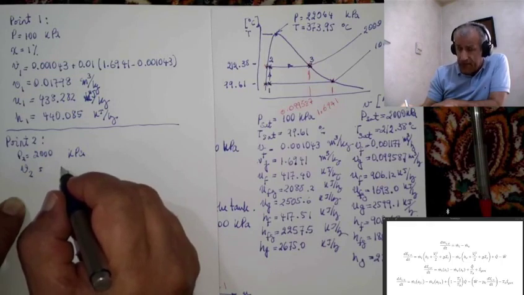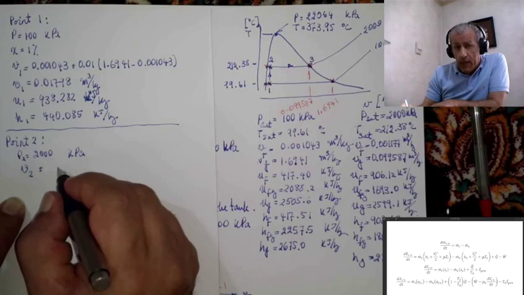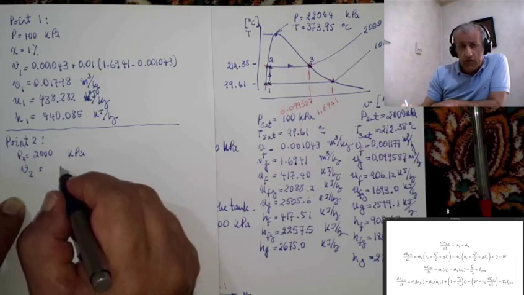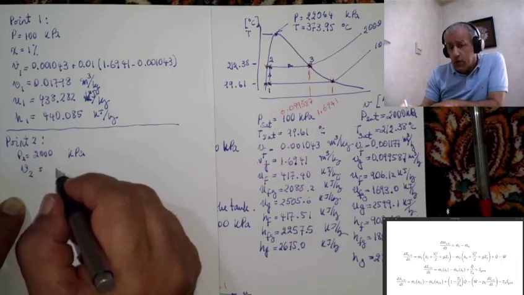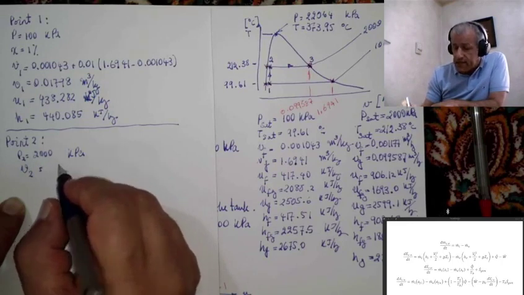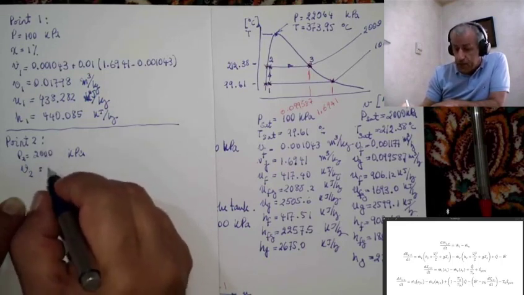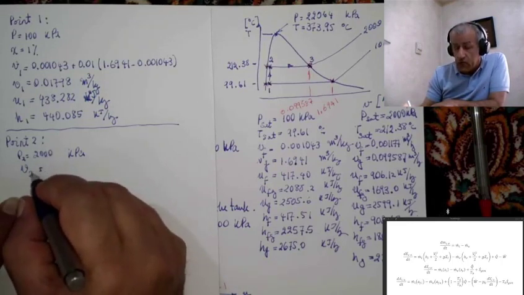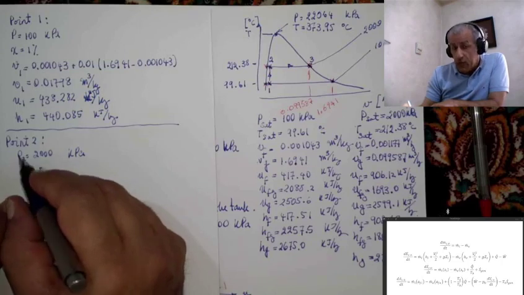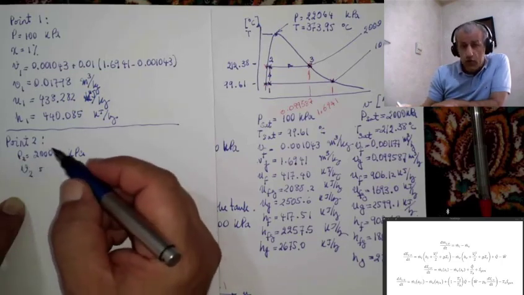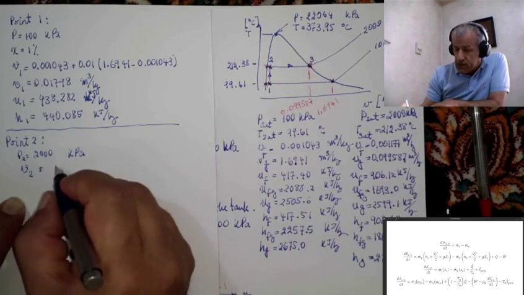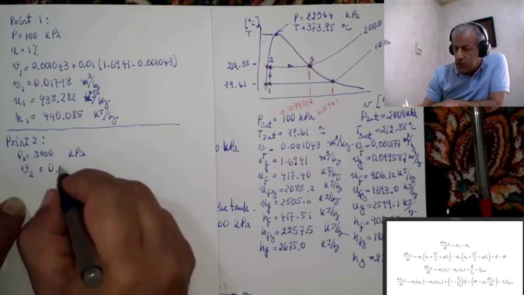I would have a comment on this later on when we write down the mass conservation equation for process 1-2. But for the time being, let's accept that specific volume would remain constant between 1 and 2 because mass and volume both remain constant. So v2 is